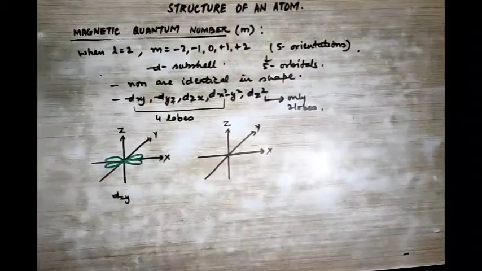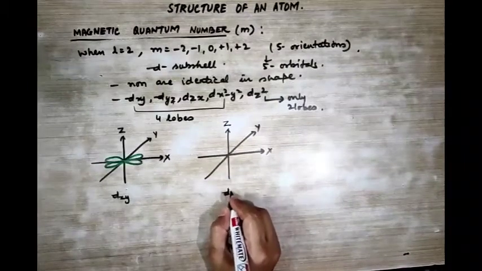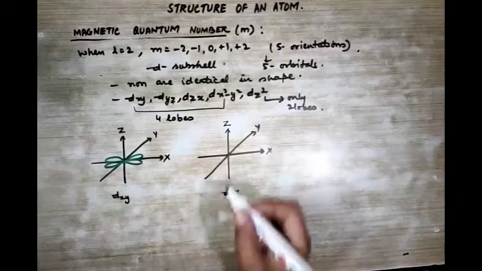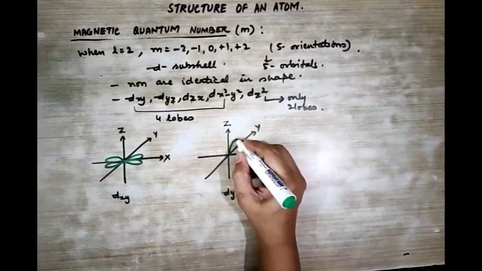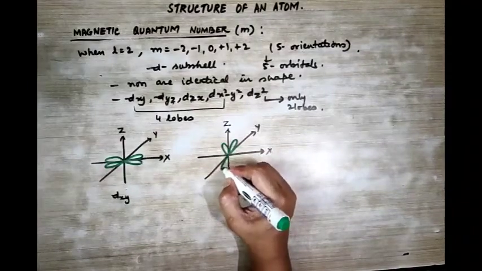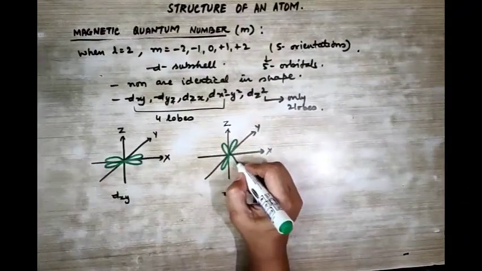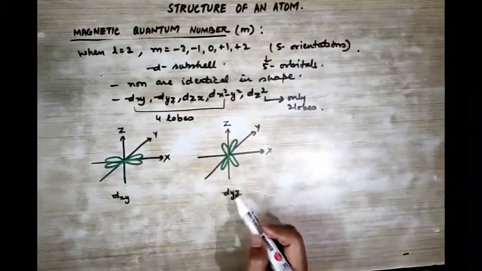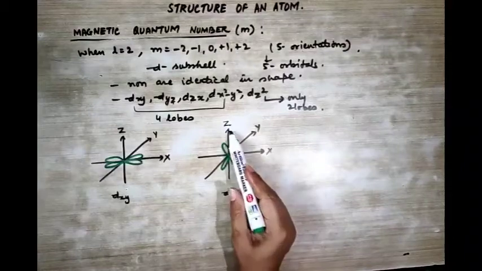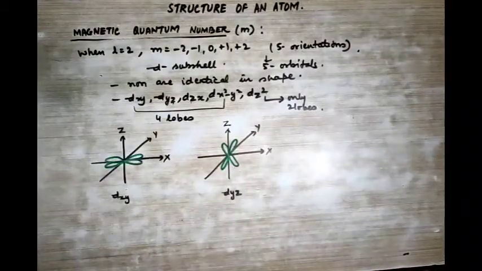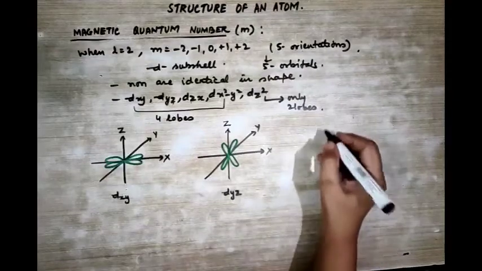So now I'm going to draw dyz. Between y and z we are going to observe. Okay, so here is one, and this side, this is one dumbbell and this is another dumbbell. Okay, so where is it found? Between Y and Z. This, can you see? It is forming the double dumbbell. Then